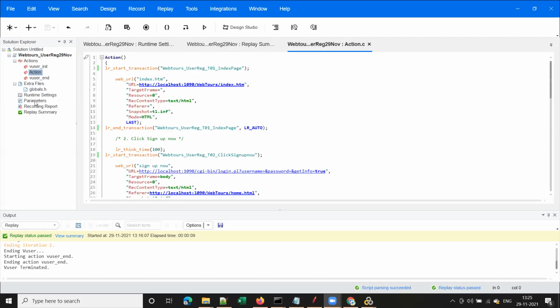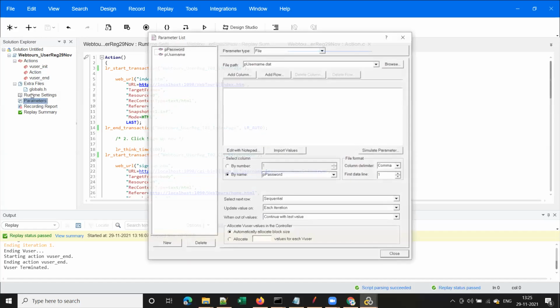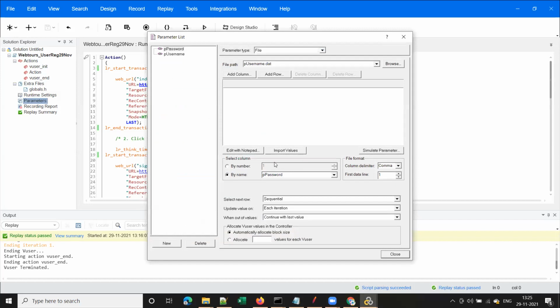I just wanted to show you how easy it is with a record and playback tool like LoadRunner. Also, the LoadRunner UI is very user friendly, as you have seen just now. We have a lot of options over there. I have shown you options like how to open this parameter file, and how we can switch to the line that we want in the file. So you have all the options in front of you, isn't it?